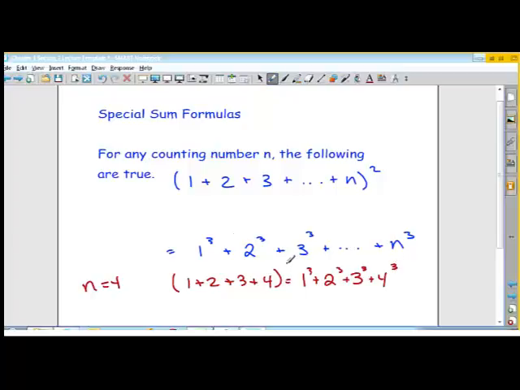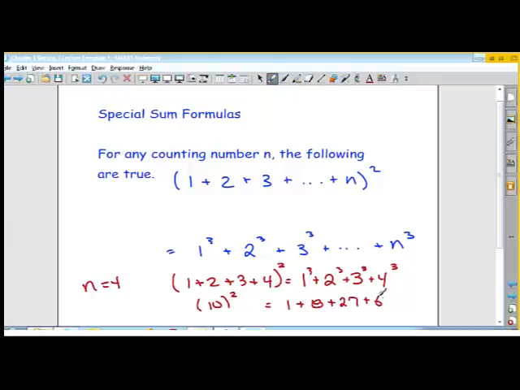And let's see what we get. Oh, I forgot to square this here. Square that. So 1 plus 2 plus 3 plus 4. I can do this in my head, but I'm going to do it on my calculator. Okay, so what you get in the parentheses is 10, and you square that. And on the right-hand side, 1 cubed is 1, 2 cubed is 8, 3 cubed is 27,